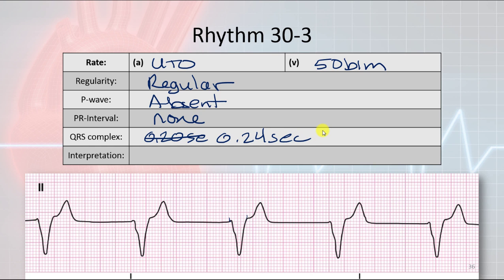0.24 second. My mistake. Interpretation is 50 beats a minute, so we're going to say that it is accelerated idioventricular rhythm. Just a second ago I said something about that notching on the way down. One of the things that people use to identify this as a true ventricular rhythm that originates in the ventricle is something called